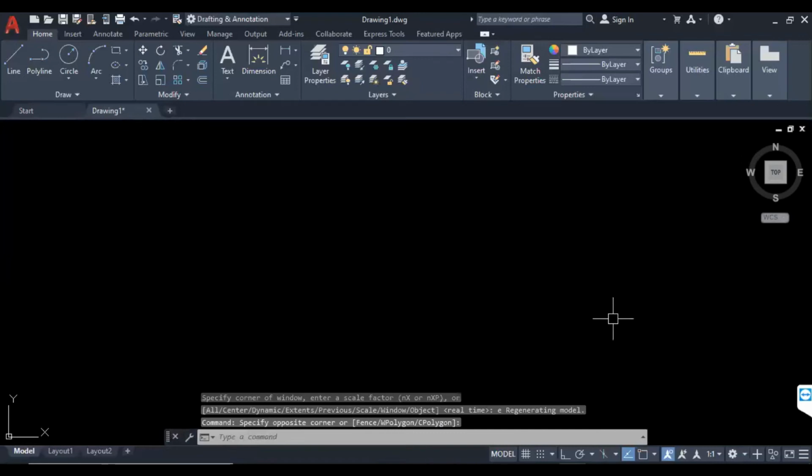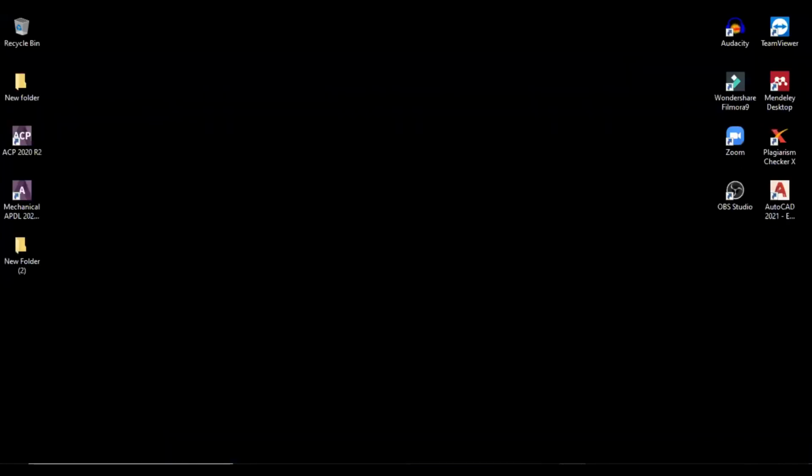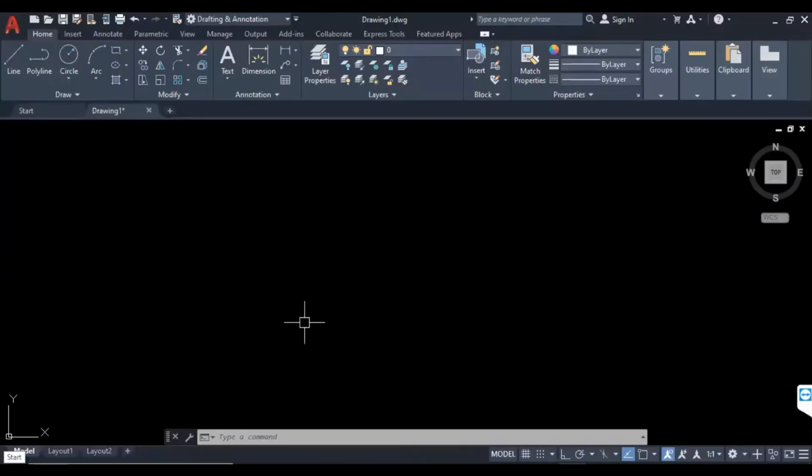As we discussed here, the coordinate systems are of two types. One of them is the Cartesian coordinate system.